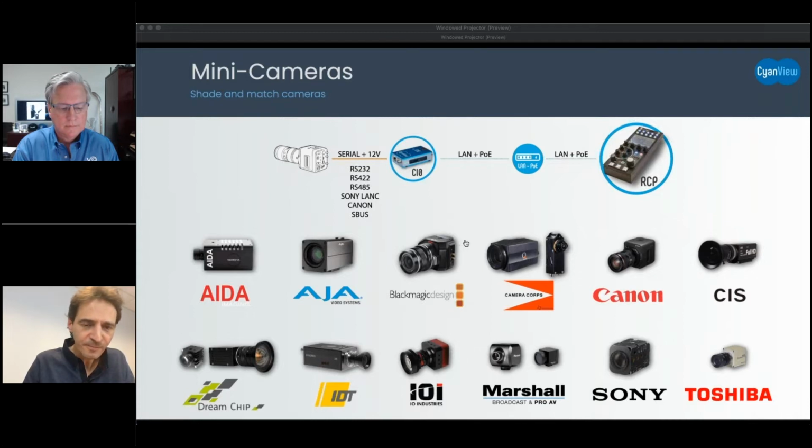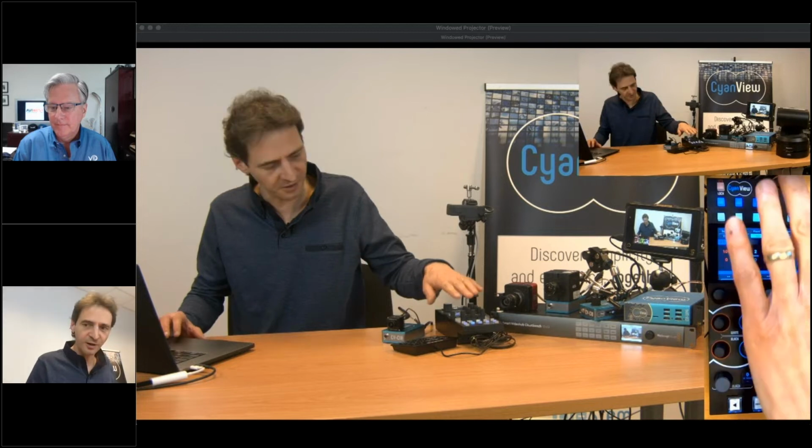So let me switch to this. So there is latency there. I was waving my hands, but yeah. So you will see a bit of latency in the video, but that's also here on my desk. I have the RCP. I will switch to the other one here so that you will see the RCP there on the right. And then I have a couple of mini cams here. I have a Blackmagic router. I have our own VP4, so that's our video corrector, a PTZ from Panasonic over there, and